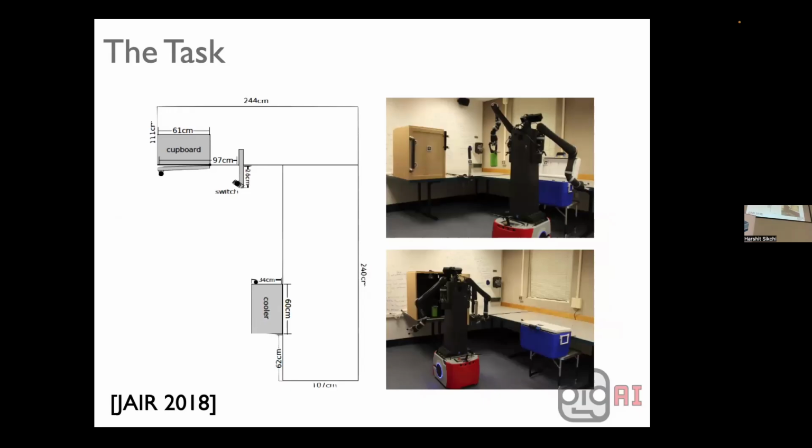So just to show you the success of the robot, this final experiment that I ran. This is an experiment where we put a robot in a room. You can see the room has a cupboard, it has a switch, and it has a cooler up there. And then I hand over some skills to this robot. So the robot can move from cooler to cupboard, and back again. When it's standing in front of the cooler, it can open and close the cooler. When it's standing in front of the cupboard, and it's not holding anything, it can open and close the cupboard. And you can turn that switch on or off when it's not locked by an open cupboard.